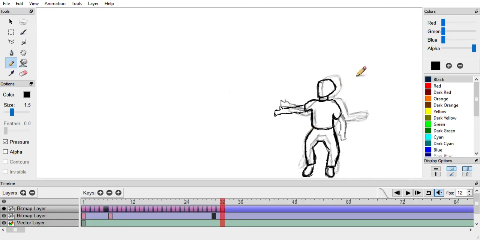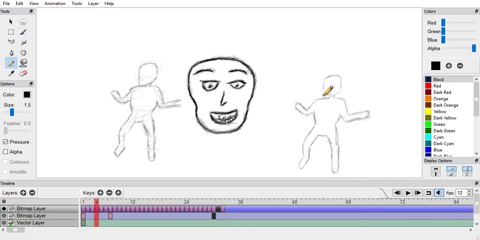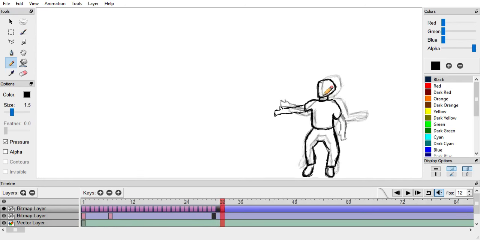This is basic, right? If I was going to actually turn this into a real thing, I would make another one of these bit layers. I'd probably go over each one of these keyframes and redraw until it looked good. And this would just be where I started. And then you would no longer see this crappy drawing anymore. I would make new drawings over top of all these other drawings and make them actually look good. The ones that I have guys doing stuff like this already on the channel, like at the end of my gaming videos, that's basically what I did. I drew over them and drew over them, and I made like 1,000 different drawings.